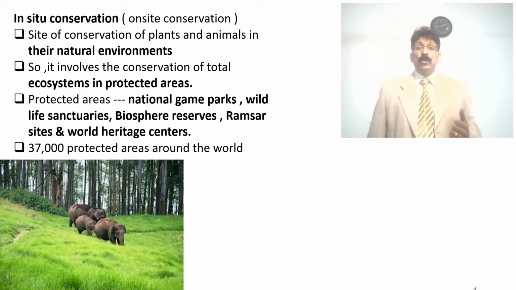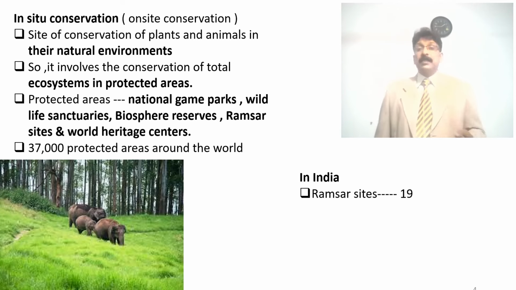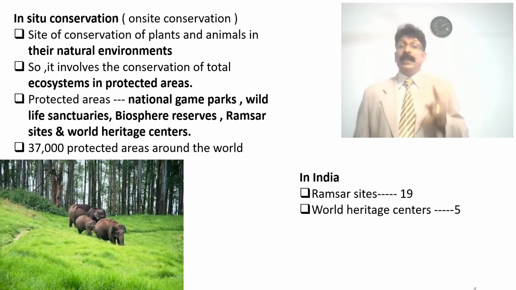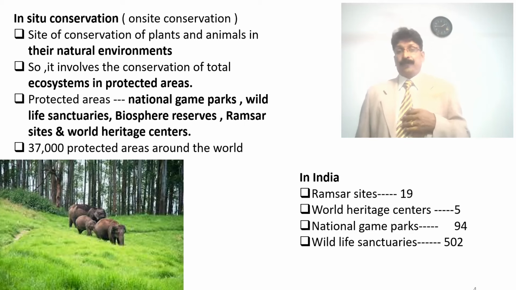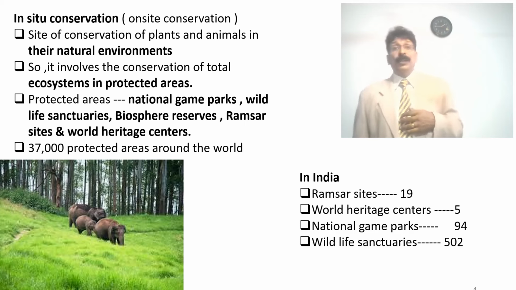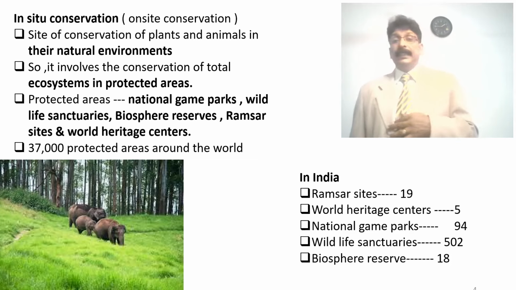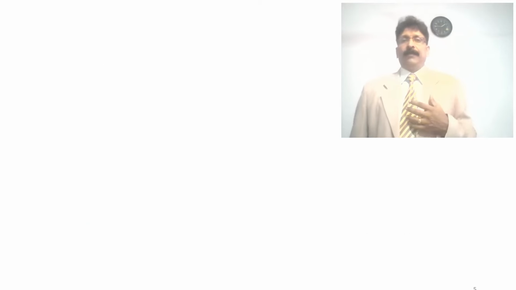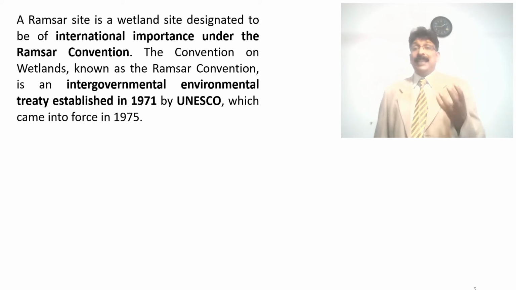There are 37,000 protected areas around the world. In India, we have Ramsar sites 19, World Heritage Centers 5, National Game Parks 94, Wildlife Sanctuaries 502, and biosphere reserves 18. So when you want to write about Ramsar, suppose in an essay question, you should write what is a